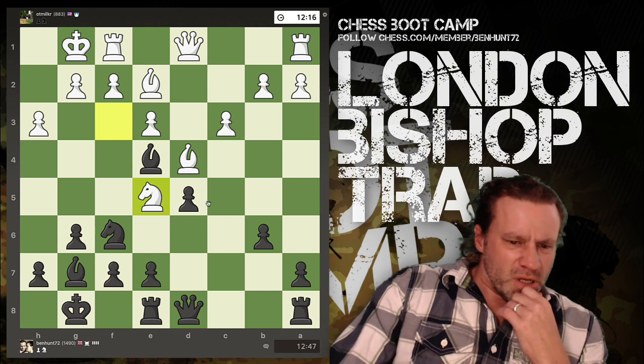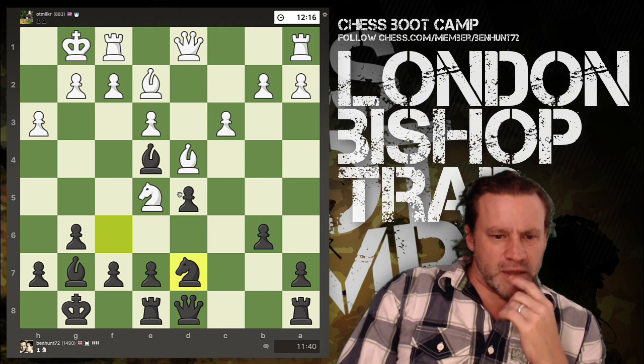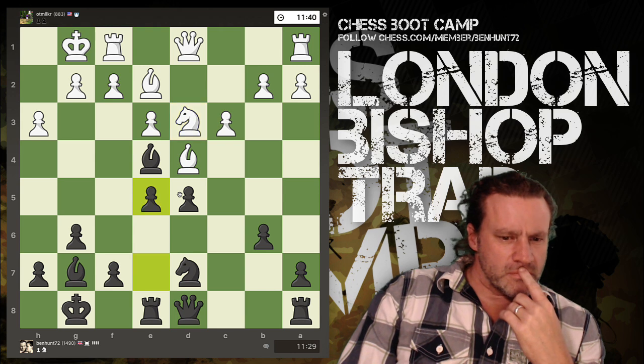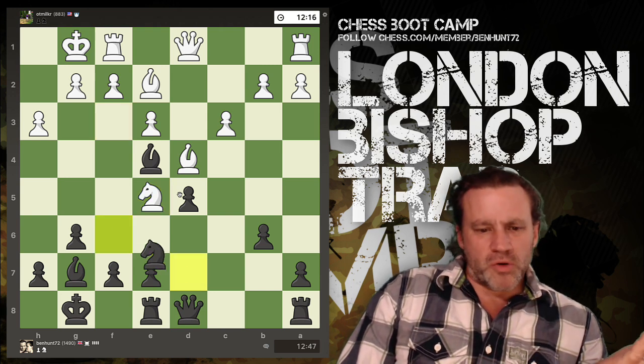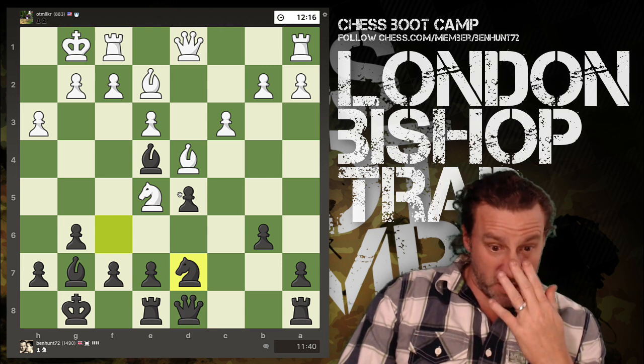Interesting this, I mean, why move the knight to here and then move it back again? I struggle to see the purpose of this move in a way. It was an annoying move, but when I now have a double attack on the knight,